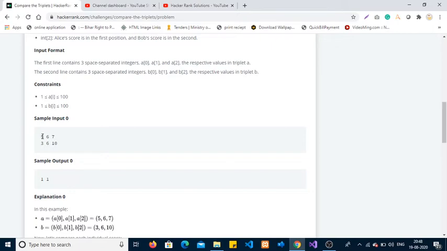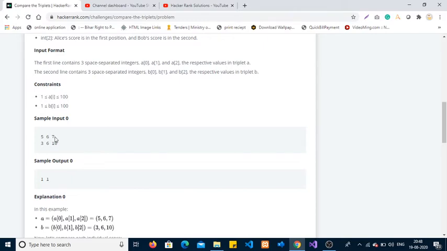A of index 0 and B of index 0, 5 and 3, 5 is greater, so A will be awarded 1 mark. Again we'll check index 1, 6 and 6, so both are equal, no point will be awarded.